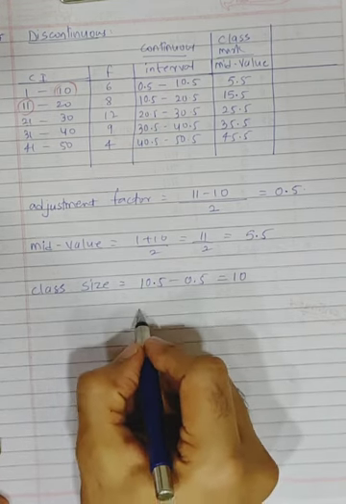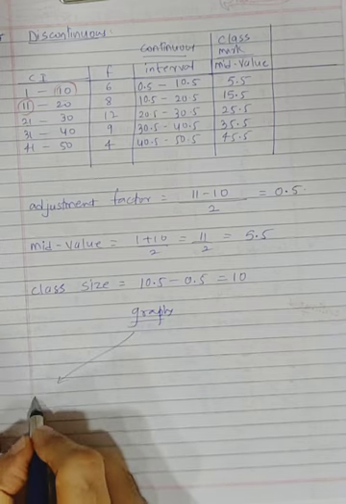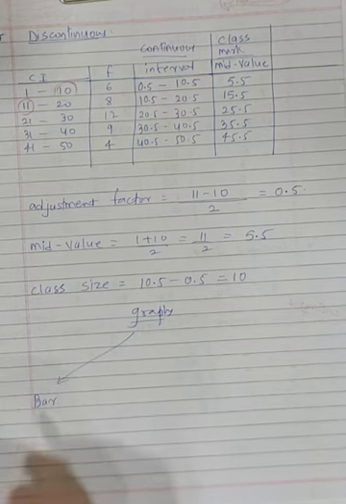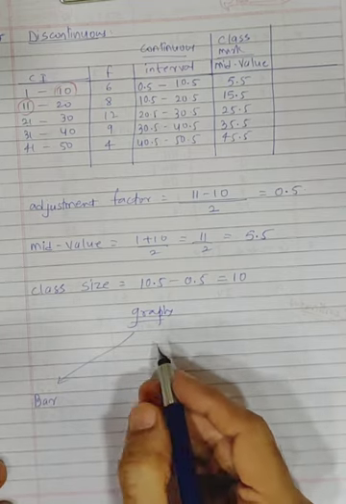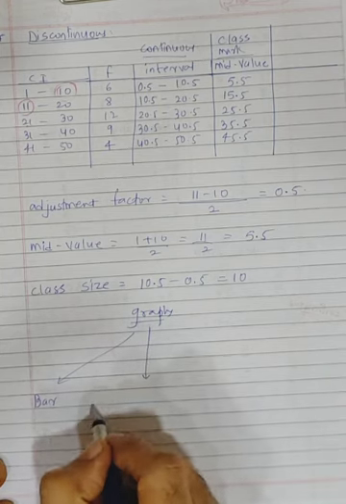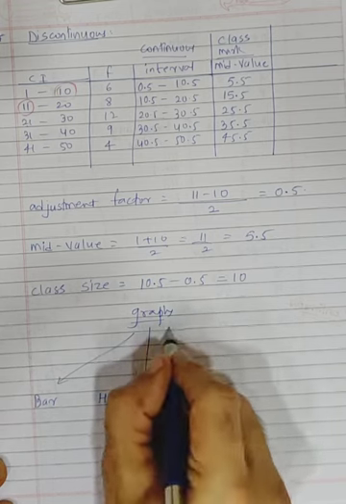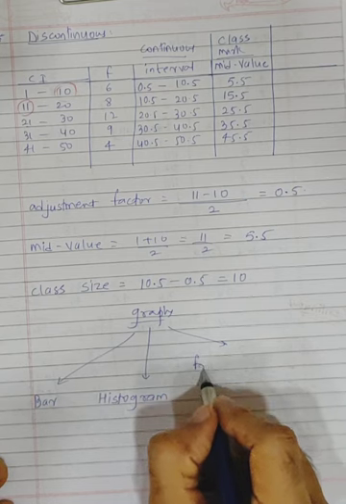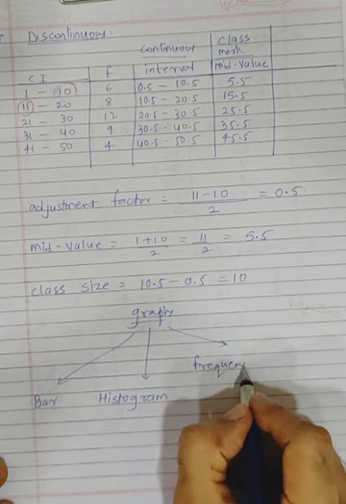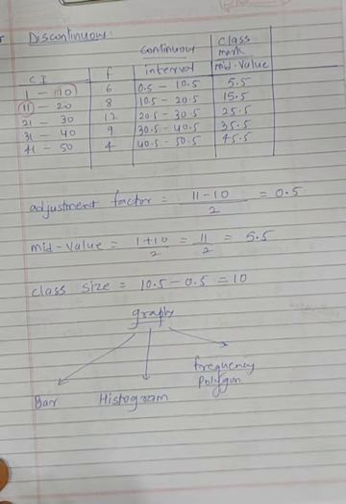So you've got 3 kind of graphs to draw. One is called as a bar graph. Second one is called as a histogram. Okay. Bar graph. Then second one is for a histogram. And the third one is a frequency polygon. Okay, but frequency polygon is only there in the 9th standard. You won't have it in the 8th standard.